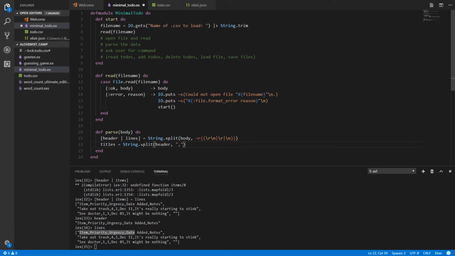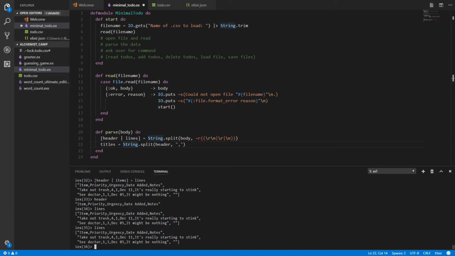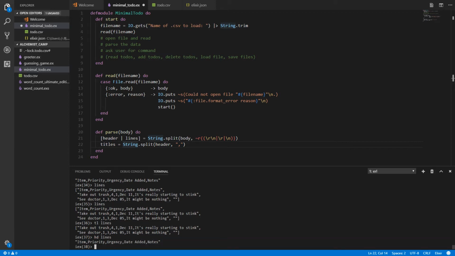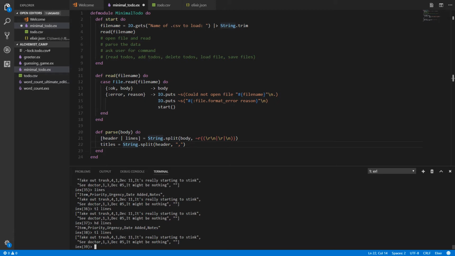CSV. And we're going to use a function called tail, which kind of does the same thing we just did here. So look at lines. TL of lines gets everything but the head. HD of lines gets the head. HD does the same thing to a list as List.first or Enum.at 0 that we saw last time. TL gets everything else. Header, and we're going to do TL of that. Okay,